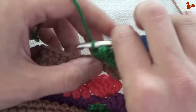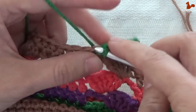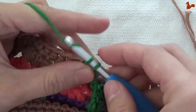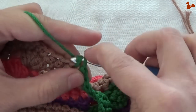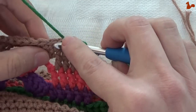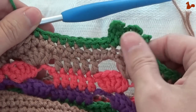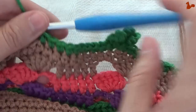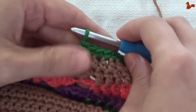So that was the first leaf made, and now single crochet on the next 9 stitches. So 1, 2, 3, 4, 5, 6, 7, 8, and number 9. And this is your repeat. You're going to do this all the way around basically. So now we're again going to be making a leaf on the next stitch. So your repeat is this leaf and 9 single crochets. So on the next stitch we're making a leaf again,